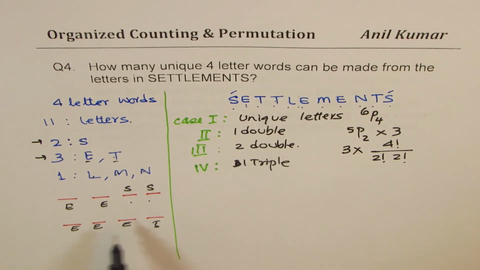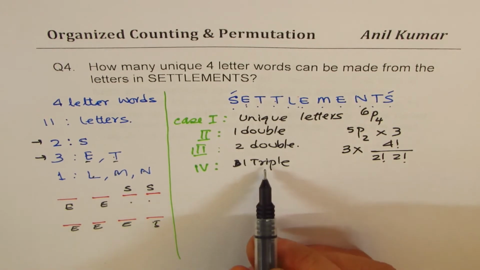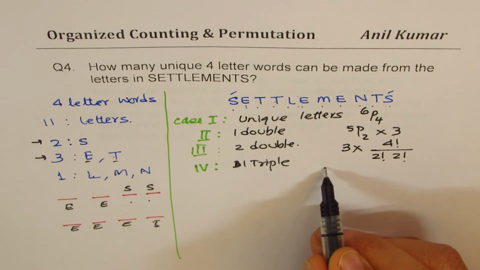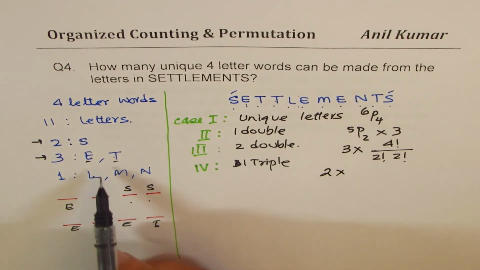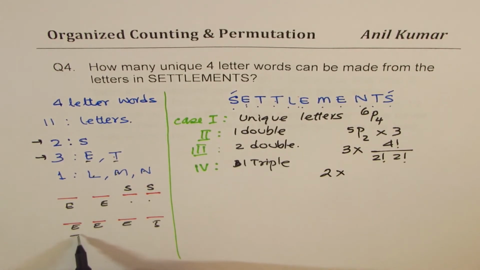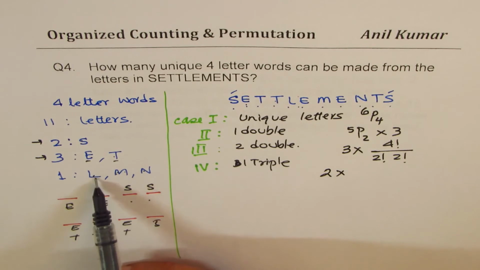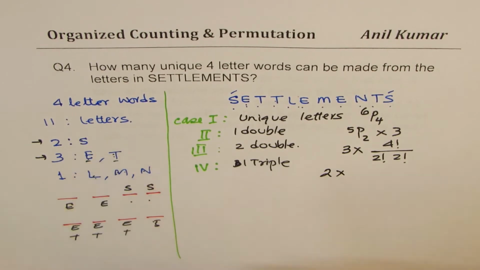Now the triple, so now we are actually selecting 4 positions from 5 and 1, 6 letters. Do you see that? So basically a triple really means that we have 2 kinds. So let me multiply by 2 first, since we could have a triple with E's or with T's. Is it okay? Whenever you make a triple, you're actually using 1, 2, 3, 4, 5 and 1 T, 6